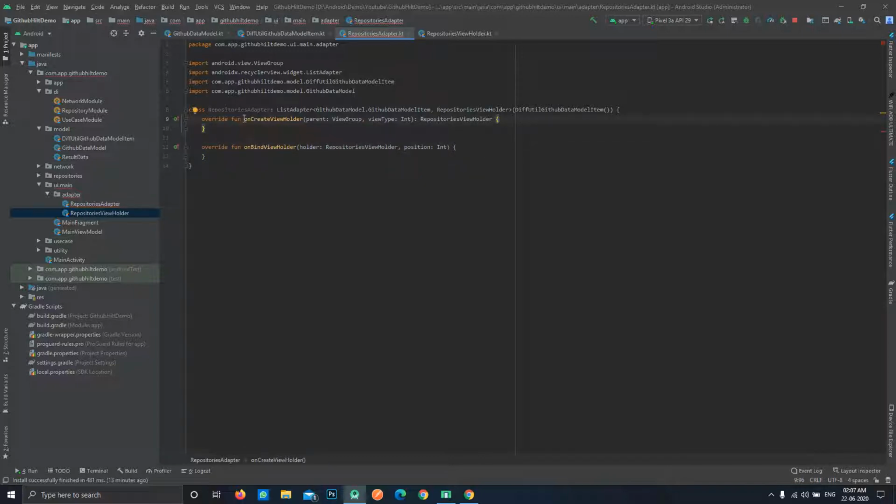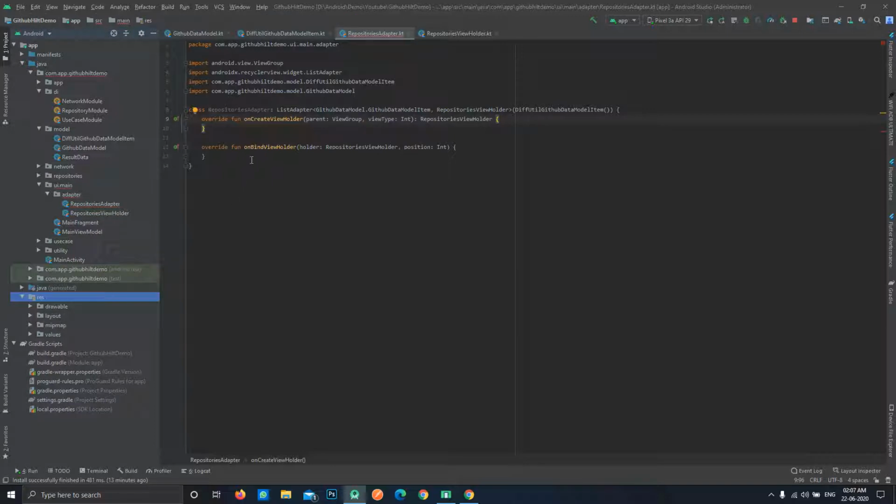So this is our onCreateViewHolder function, and I hope you know what these both functions are. These are the functions from the old recycler view itself, so these are nothing new. In onCreateViewHolder, what we need to do is define our layout, and we'll return the view holder over here by providing it with the view that we actually need, the view of a list item.